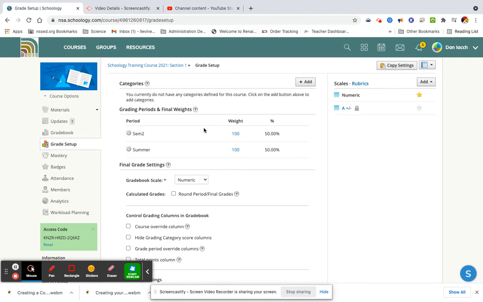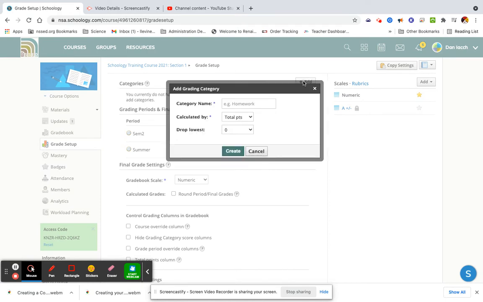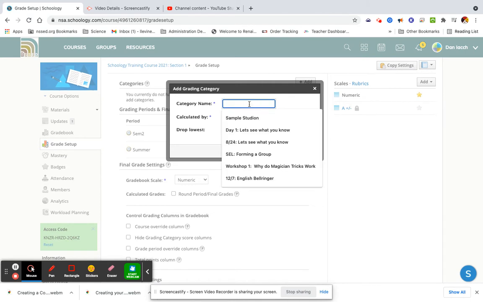Okay. What we are going to do is talk about categories. All right, this right here. That's going to be the main one. And what we need to do is there aren't any categories yet for this course. We need to add them. Okay. So I just click add and I just start to do it. There's some specific things though that I think we need to stick to unless we're told otherwise. So my first one is